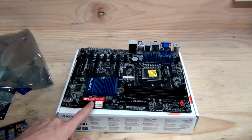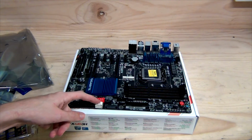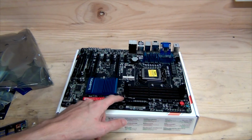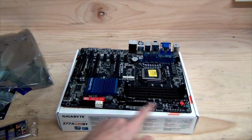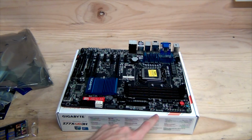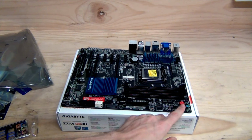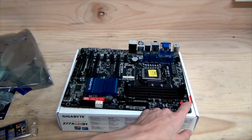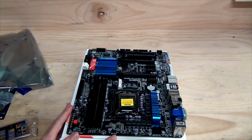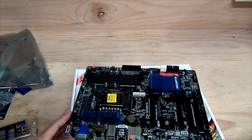There's another 2 SATA 3 gigabits per second, and these 2 white ones are the SATA 6 gigabit per second ports. We have a USB 3 front panel connector in its ideal location, 24-pin power connector, another 4-pin system fan header, V checkpoints, so if you have a multimeter you can check what the actual voltages going to everything is. We do have a power button, reset switch, and CMOS clear switch. The top of the board, there's a CPU 4-pin power connector, 8-pin, and if we move on now onto the